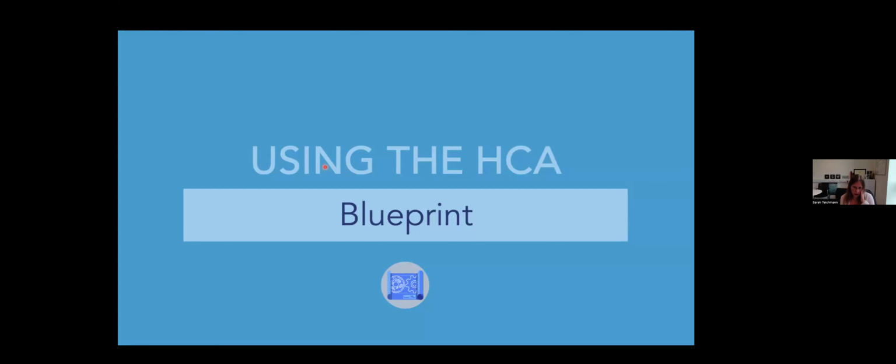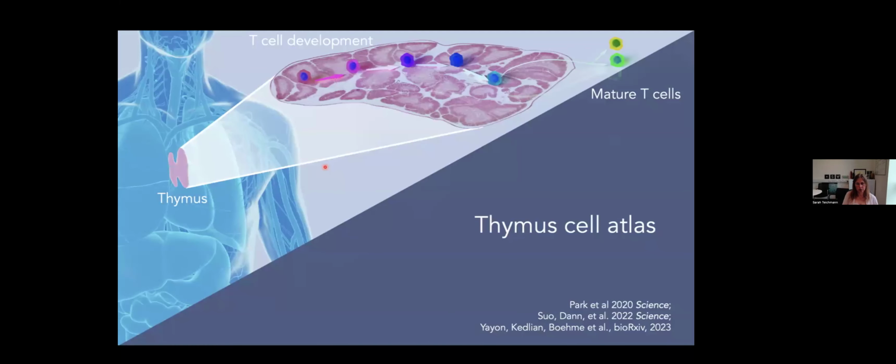So some of the questions that we can address with the Human Cell Atlas is not only what are the cells in our body, what are the expression programs that are encoded by our genome, but also how can we use that for informing, for instance, programming of cells in vitro.